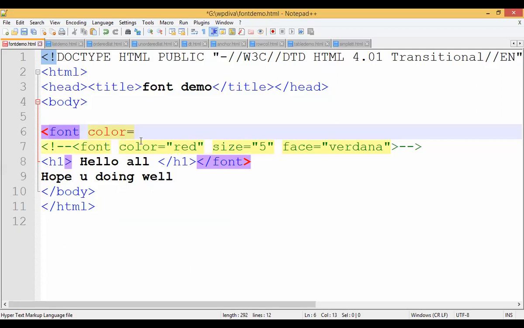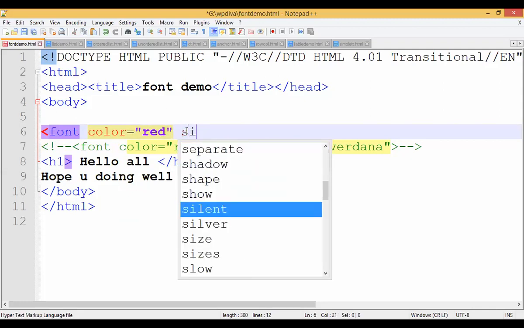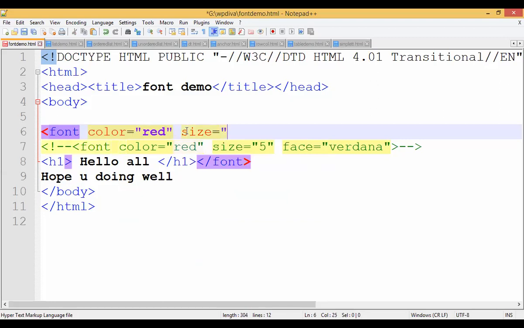So how to type the value? Compulsorily you have to put it in quotes. So suppose I will take red. I want to take a font in red color. So color is one of the attributes of the font. We have one more attribute. That attribute is called what? Size. We can take a size for the font. You can take from 1 to 100 anything. But the maximum will be 1, 2, 3, 4, 5. This size is always given in terms of pixels, or sometimes millimeters. So I will take it as 5, right?